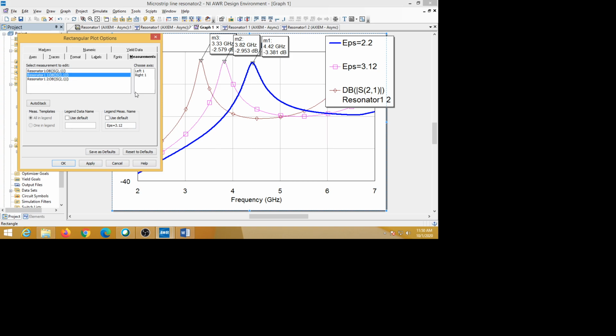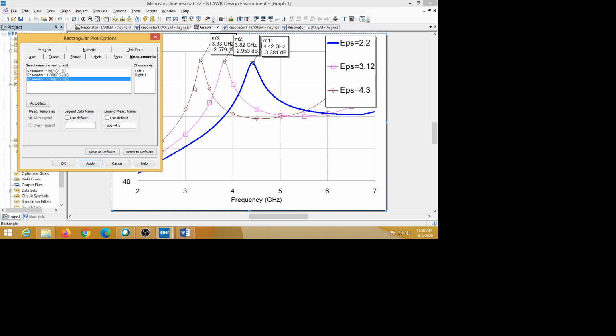Similarly you can do for this also, EPS equal to 4.3, apply. Like that you can change here. This color means EPS is 4.3, and the pink color is EPS 3.12. So you can easily come to know what values of epsilon these plots are.